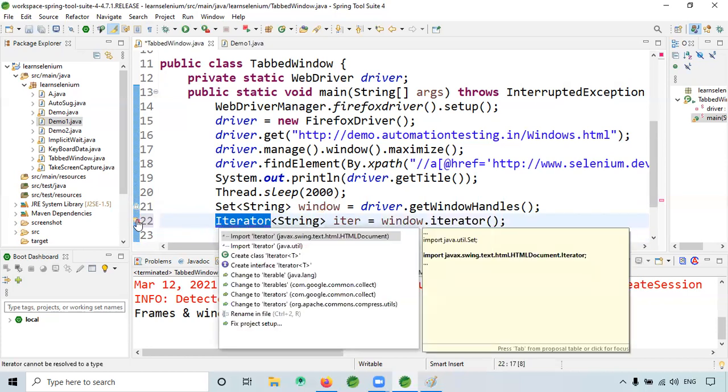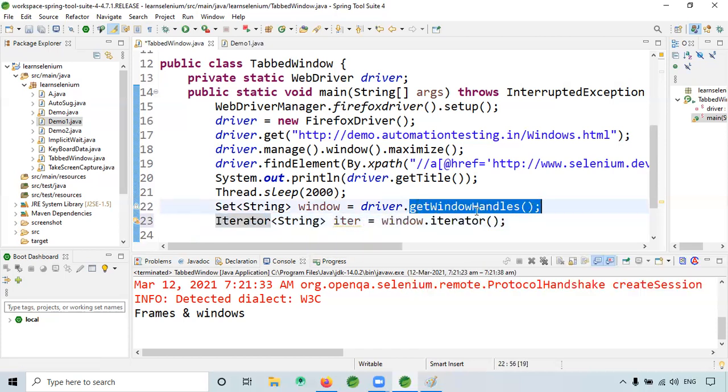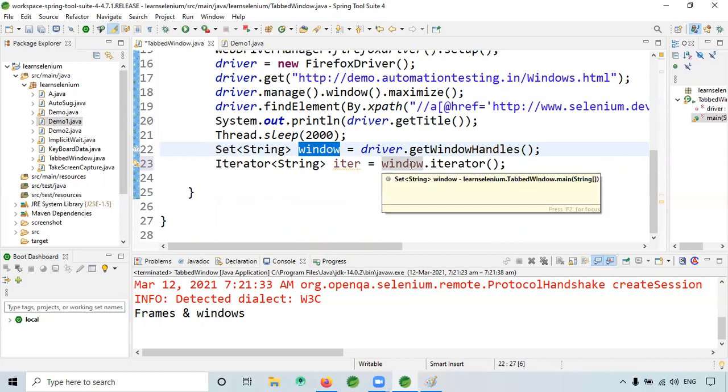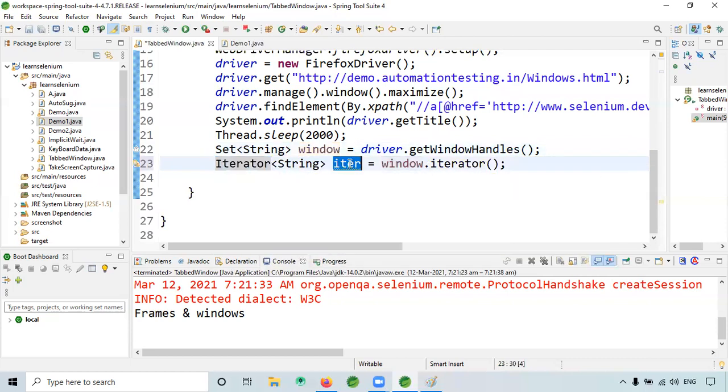So what does the get window handles method do? It is used to handle those different windows. And what is Set String? It is an iterator to iterate through.